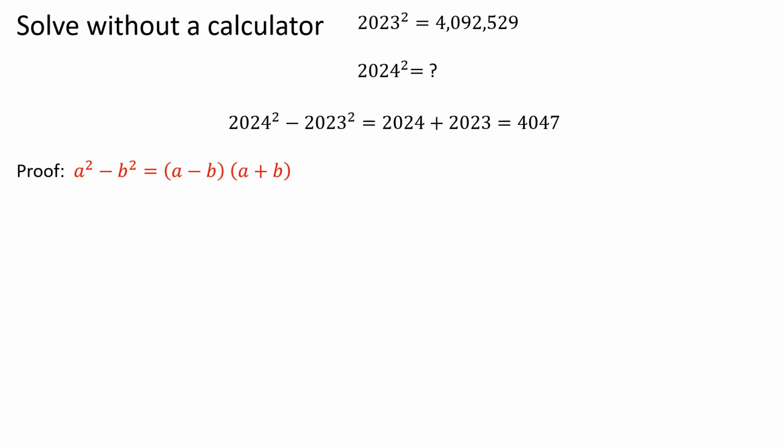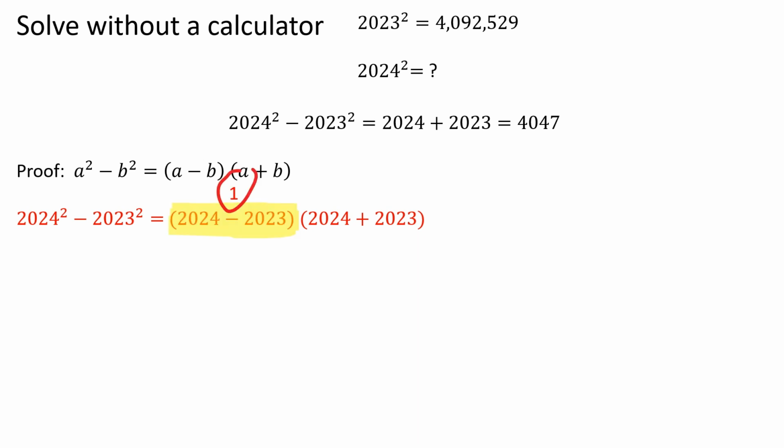To prove this, we can use the difference of squares formula. A squared minus b squared is equal to a minus b times a plus b. 2024 squared minus 2023 squared is equal to 2024 minus 2023 times 2024 plus 2023. Since the numbers are consecutive, the difference is equal to 1, and the equation simplifies to 2024 plus 2023, which is equal to